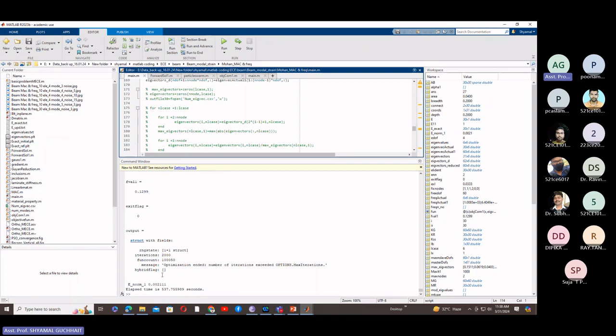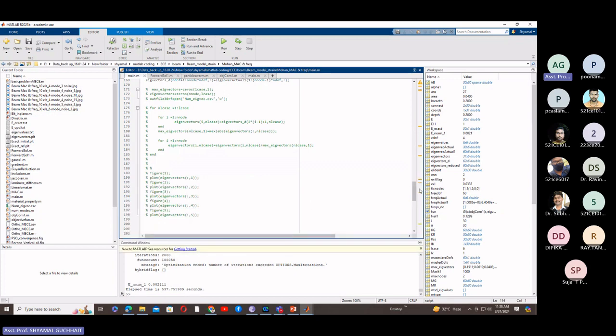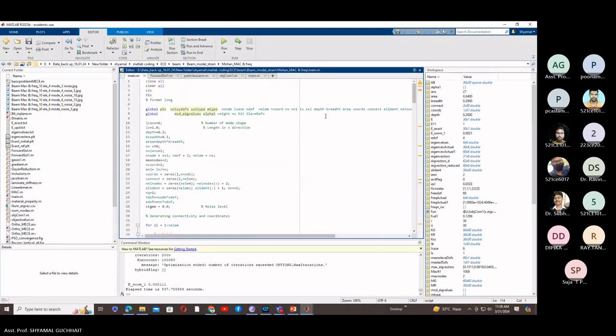537.75 seconds. Okay, so how is it coming? Because at the start of the program we have written tic, and at the end we have written toc. Okay, so this is the overall program, and actually if you want to learn this program in detail,